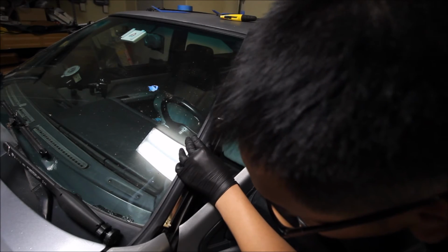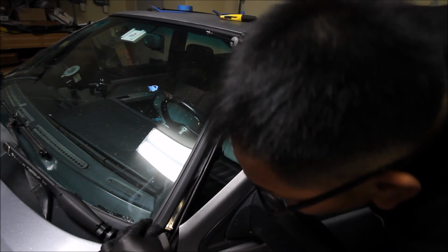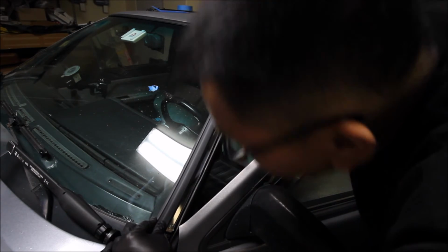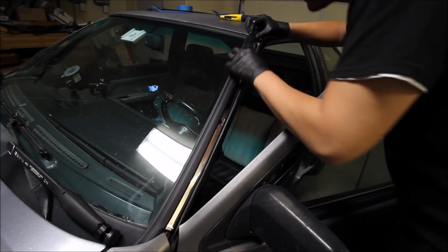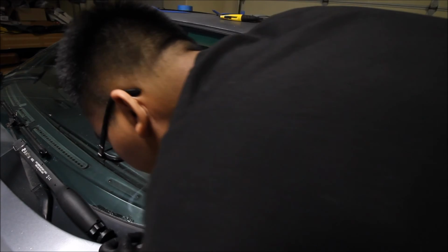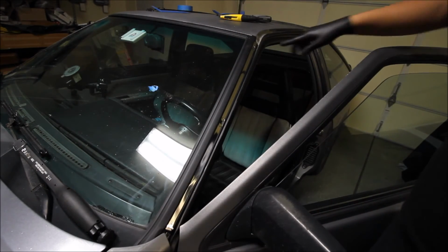So let's just line these guys up here as best as possible. And then we're gonna re-screw the sucker in. This bottom one looks like the hardest one. Let's see here. Okay, maybe that's why. So the way